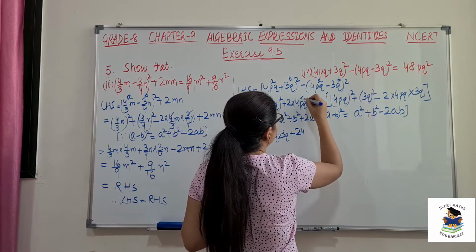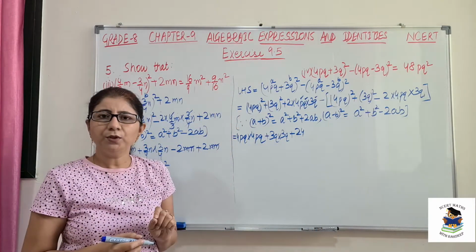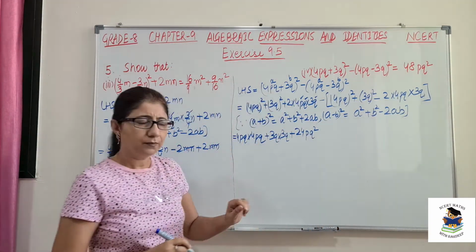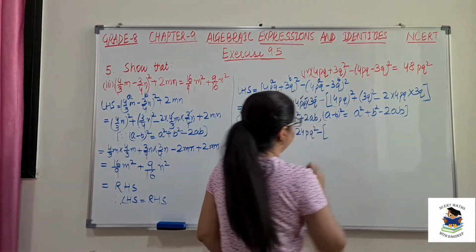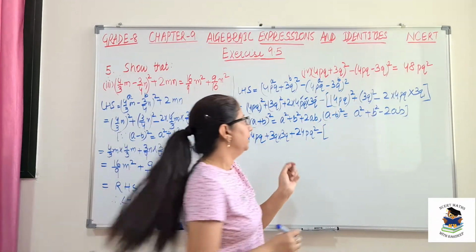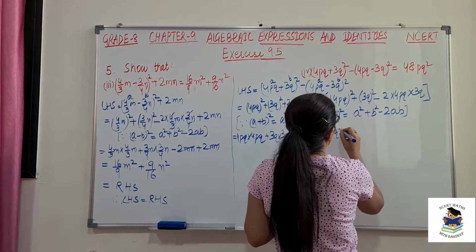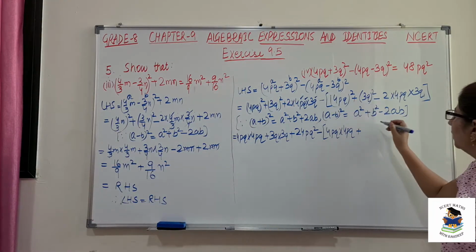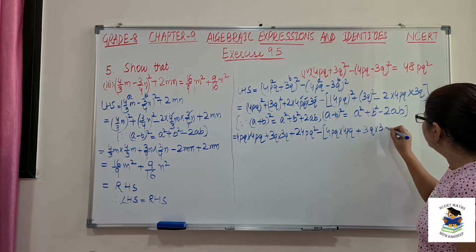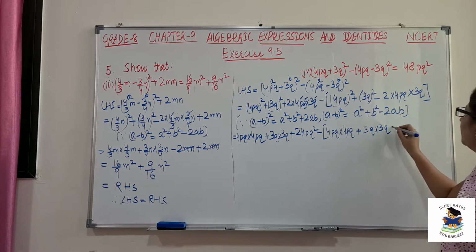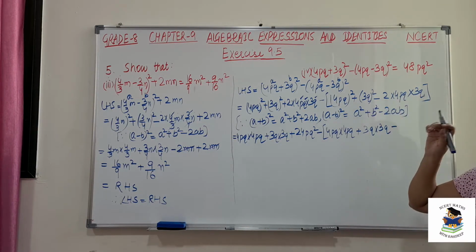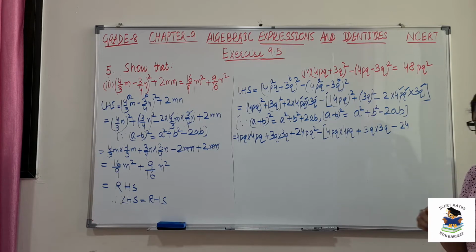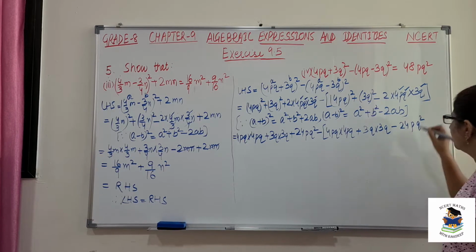Let's see the variable part. p, q, q. So q into q is q square and p as it is, that is p q square. Next, minus sign and bracket. So (4pq) whole square. So 4pq multiplied by 4pq. And here it is (3q) whole square. So 3q multiplied by 3q. And next is 2 4s are 8, 8 3s are 24. Again check variables p, q, q. So q into q again will give me q square.